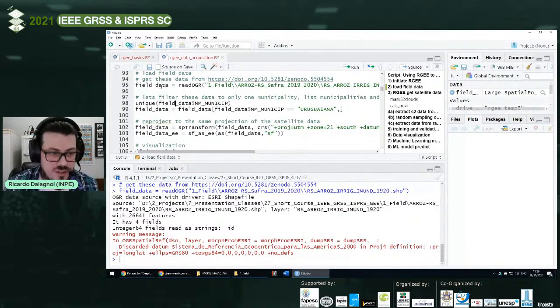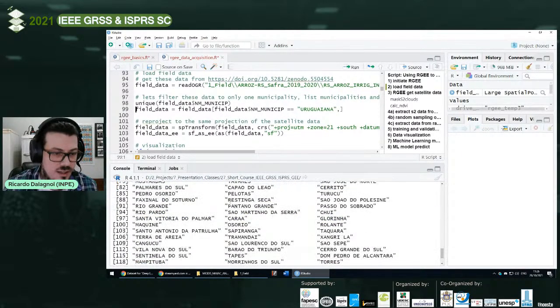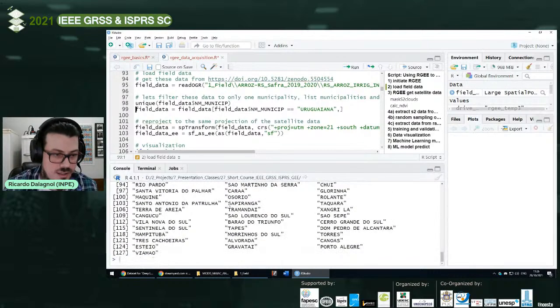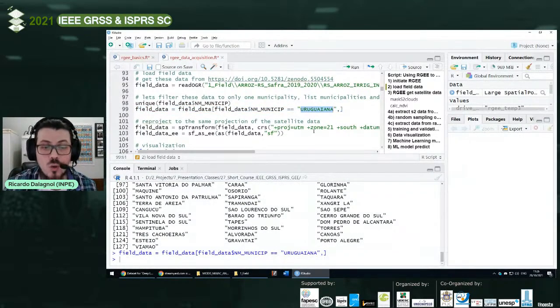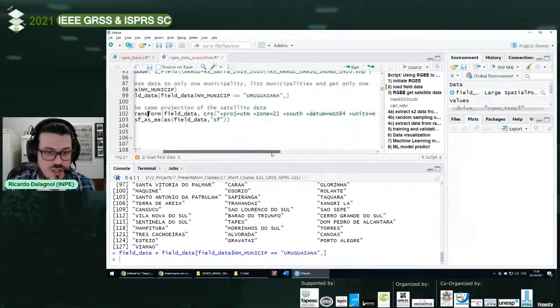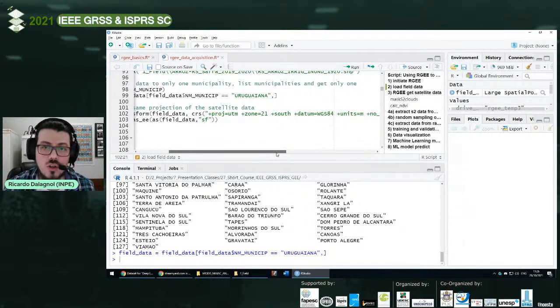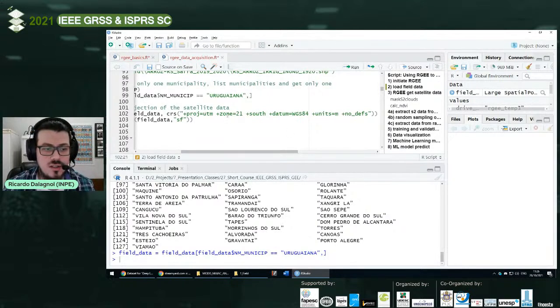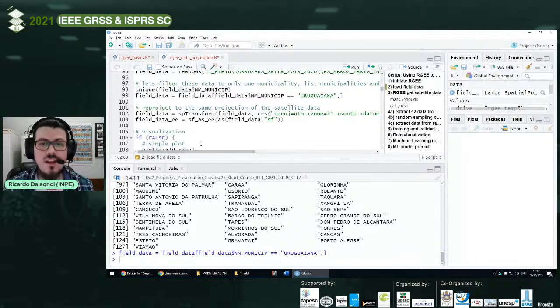And inside of this field data shapefiles, we can see there are several municipalities. We just get the data from one municipality for the example, which is called Uruguaiana, the name of the municipality. We transform this to the same projection of the satellite data that we are using. In this case, we are using the Sentinel-2 data. So I put here UTM, the same zone. The CRS, the coordinate reference system, you get from the